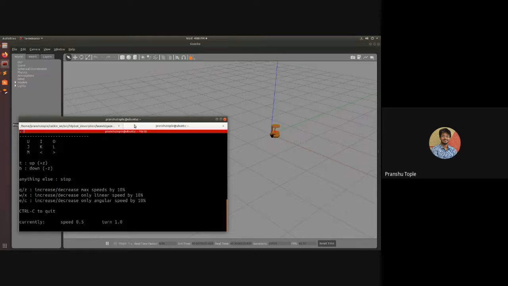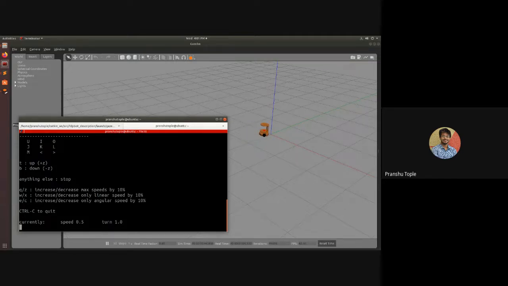If I want to rotate, I can press L to rotate clockwise, K to stop, J to rotate anti-clockwise, and K to stop again. If I press O, it will go forward right. So forward right, see, it is going forward as well as turning right. So you can consider these as arrow keys, and accordingly it is working. Similarly, if you press U, it is going forward left. And if you press the greater than key, it is backward right. And again, I will take it forward a little bit. And if I press M, it is backward left.